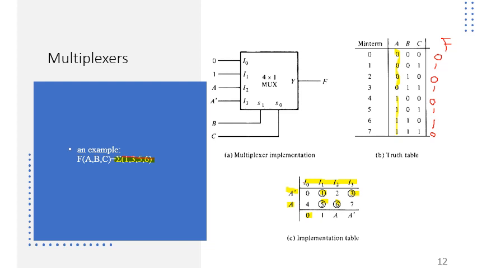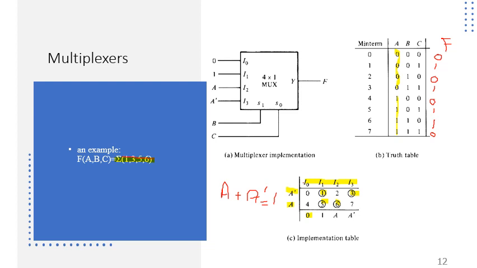For the second input of the multiplexer, that is I1, you can see that we've got two minterms appearing simultaneously, encircled here. If two minterms are encircled at the same time, then the output is equivalent to 1, which we can see from this table as well as from Boolean algebra. If you recall Boolean algebra, A plus A prime is equal to 1.